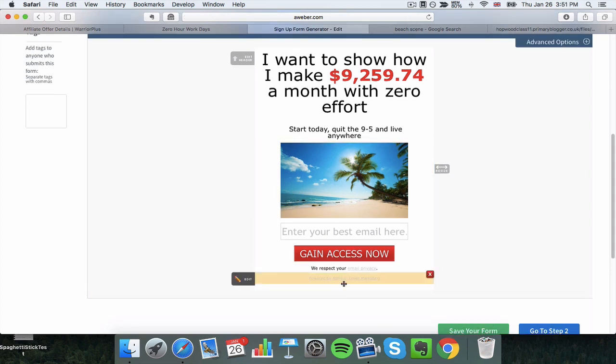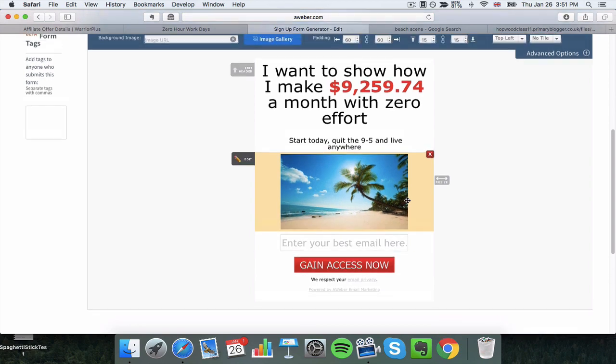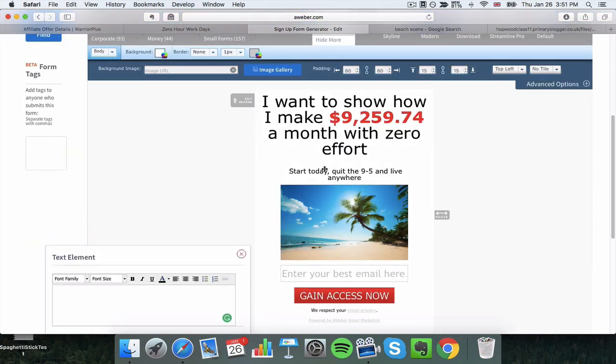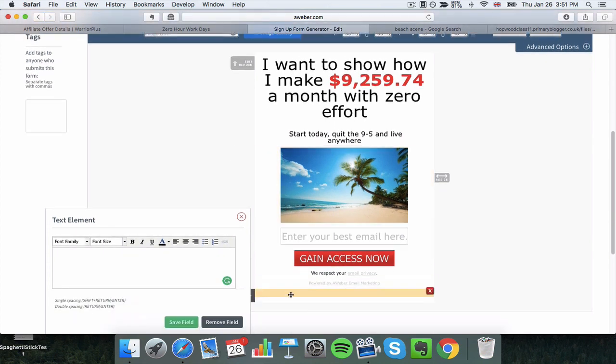The next thing you want to do is to add a little bit of text at the bottom. So let's just go back to text. And this is going to go right at the bottom. Now, it depends on what your strategy is. Depends on what you're going to put. Now, in this, I'm going to be sending them directly to an offer. So I'm going to say something like,